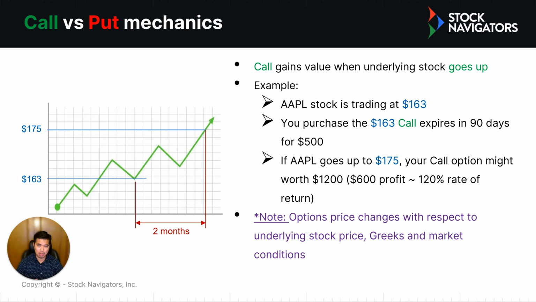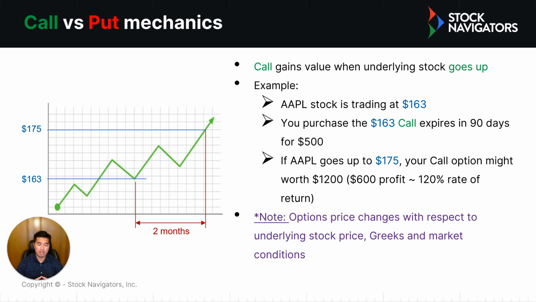We will talk about at the money, in the money, deep in the money, or out of the money options in another video. But let's say the stock is trading at $163, and you buy a contract at the same strike as the trading price, expiring in 90 days,